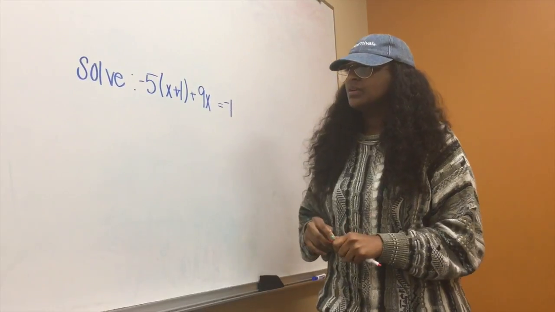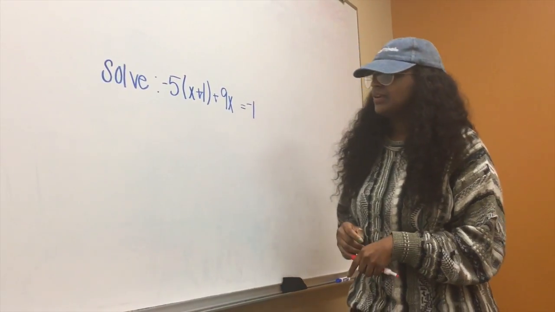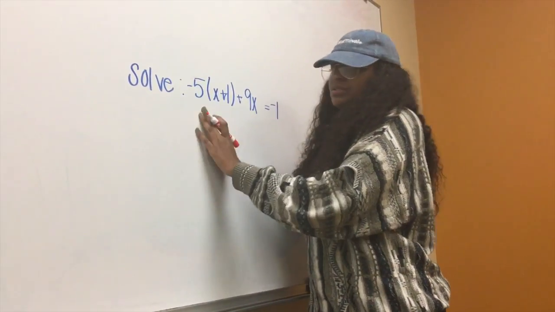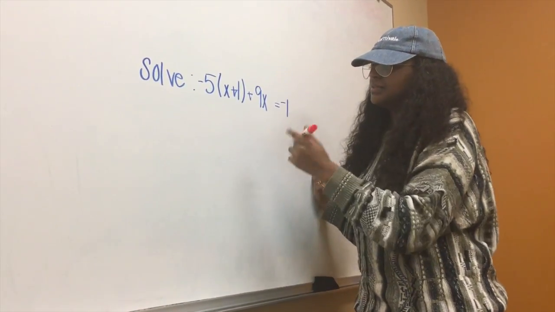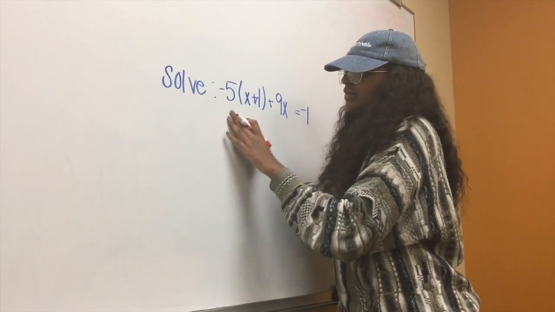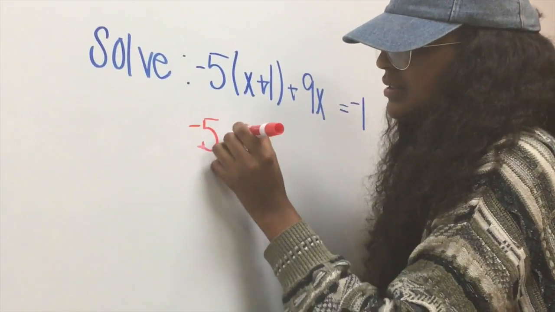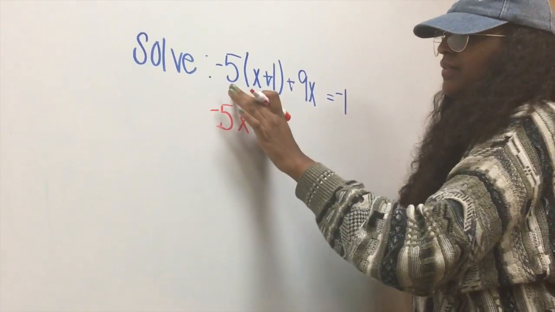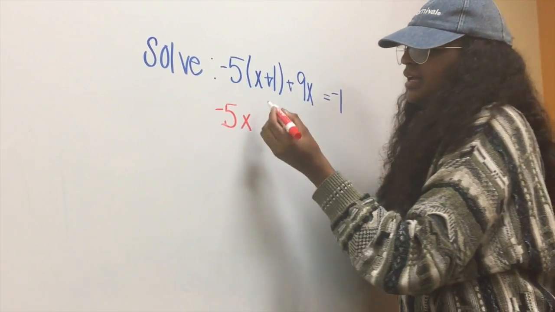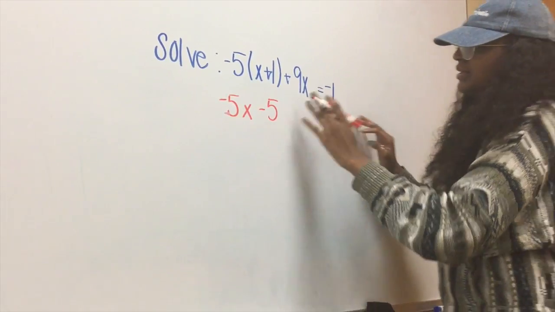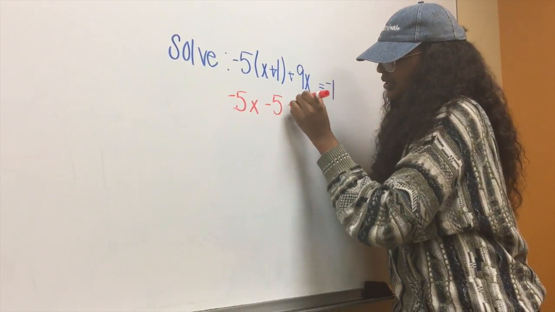Okay, so first we're going to solve this equation, and the first step into solving this equation is distributing. So what we're going to do is distribute this negative 5 into everything inside of this parentheses. So we're going to go negative 5 in x, which is going to leave us negative 5x, and then you're going to get negative 5 and positive 1 together, and it's going to give us negative 5. And then we're just going to bring everything else down, so plus 9x